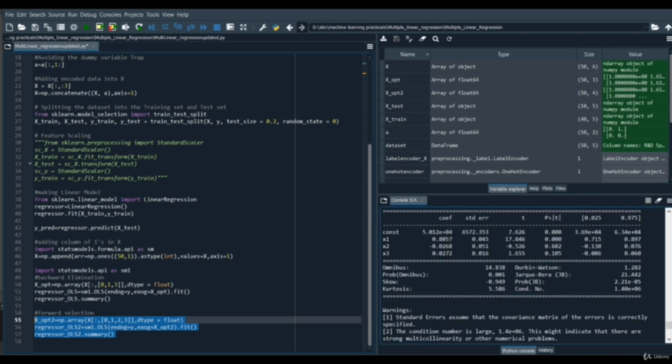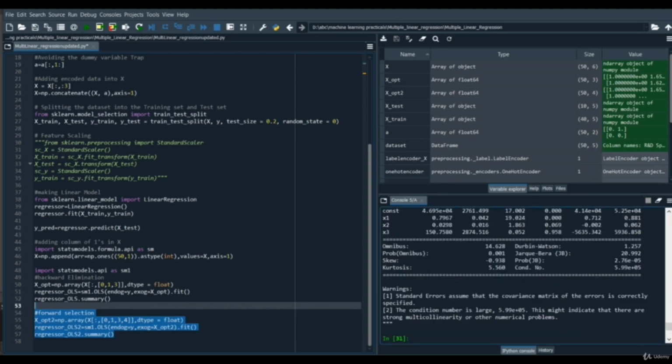Now in this summary, you can see that after adding another independent variable, column 2 now shows a value of p greater than modulus of t equal to 0.6, which is greater than our threshold value 0.5. So that states that column 2 is not much related to our dependent variable. So we are going to remove column 2 from here. And then now we are going to add column 4. So let's add it and access the summary of our model.